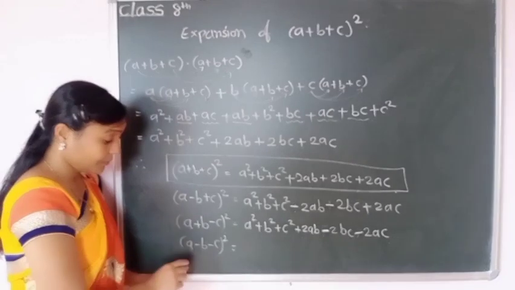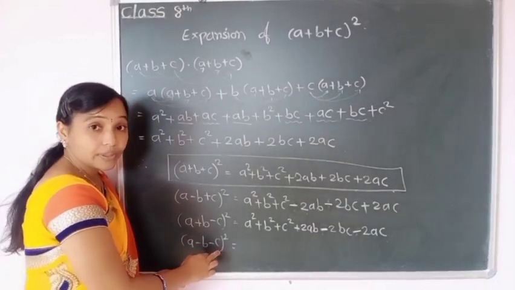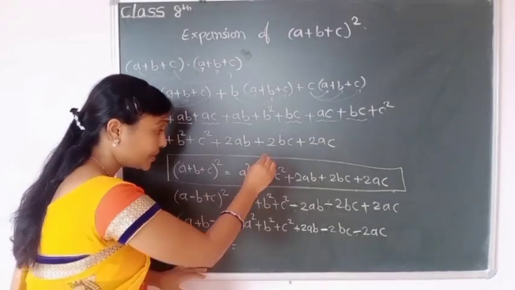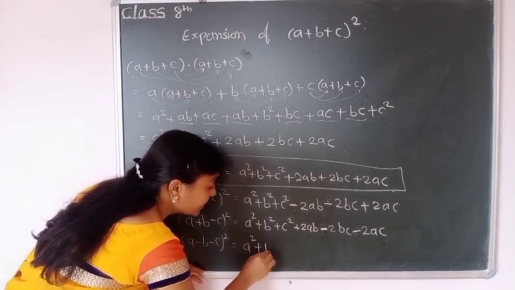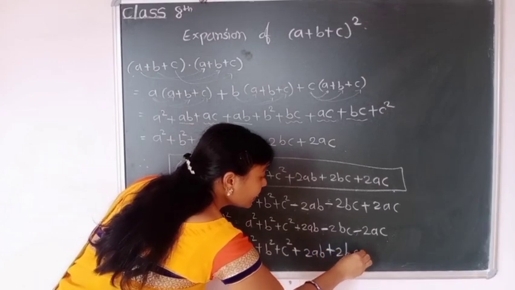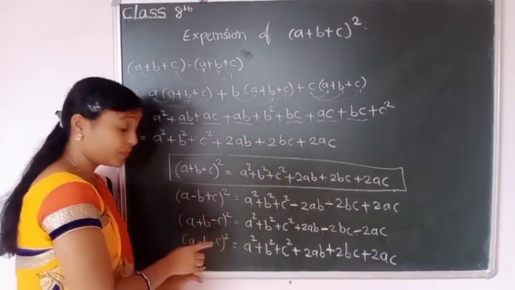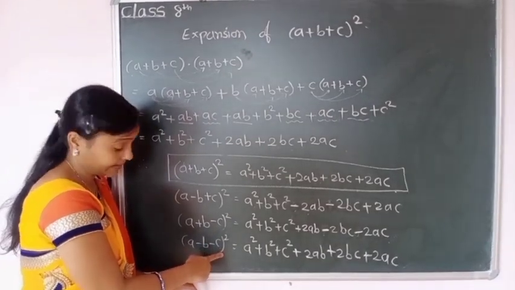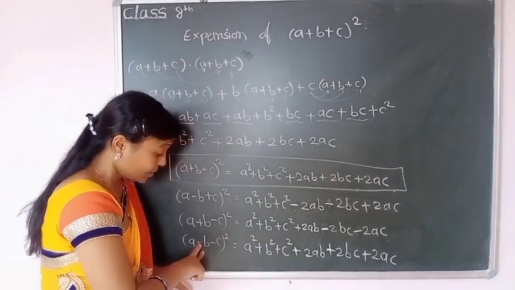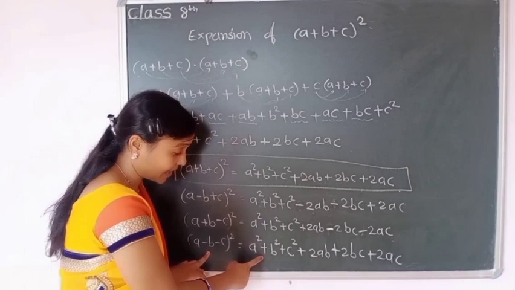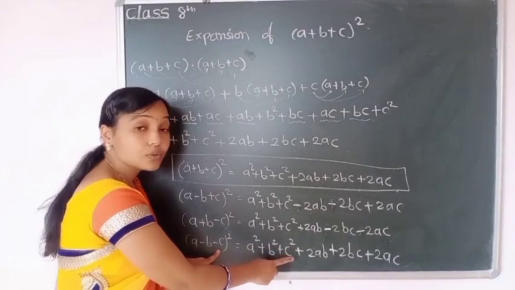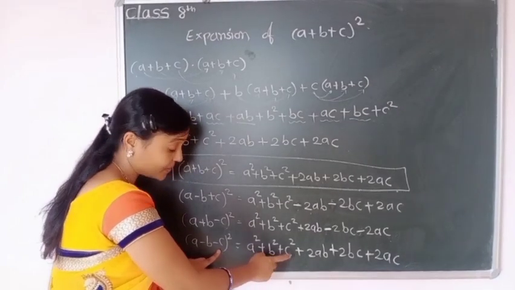Understand? Again, if we have two negative signs in our formula, (a - b - c) whole square, then first you write down our formula: a square plus b square plus c square plus 2ab plus 2bc plus 2ac. And then you observe where the minus signs are, on b and c. Then you observe where is the b. Here is the b, but here is the square. So minus square is positive, so you will not change this sign. Here is the c and here is the c square. Again minus square is positive, so you will not change the sign of c square.